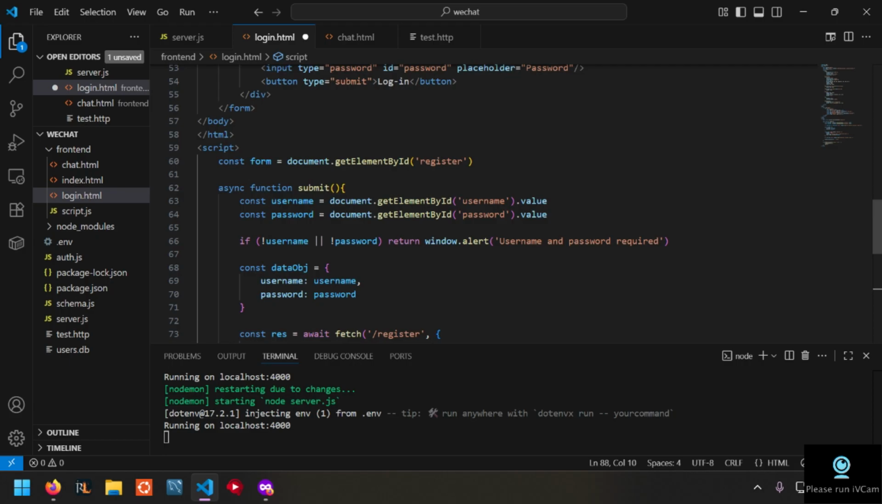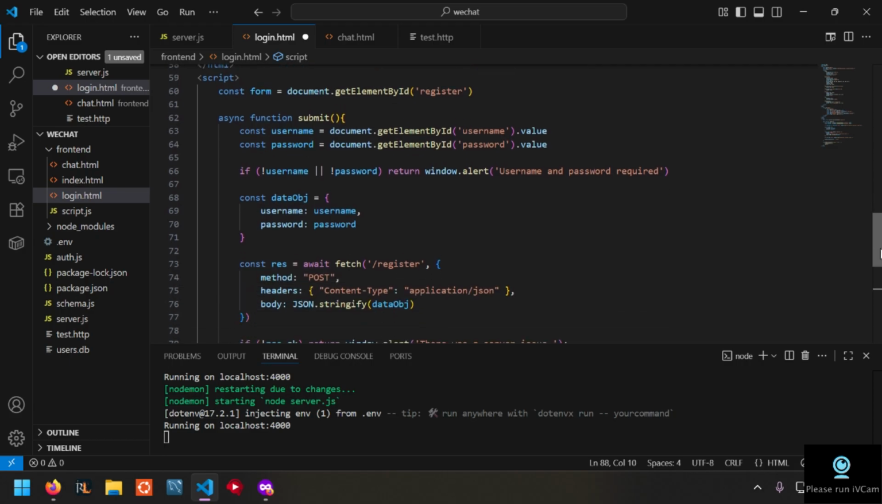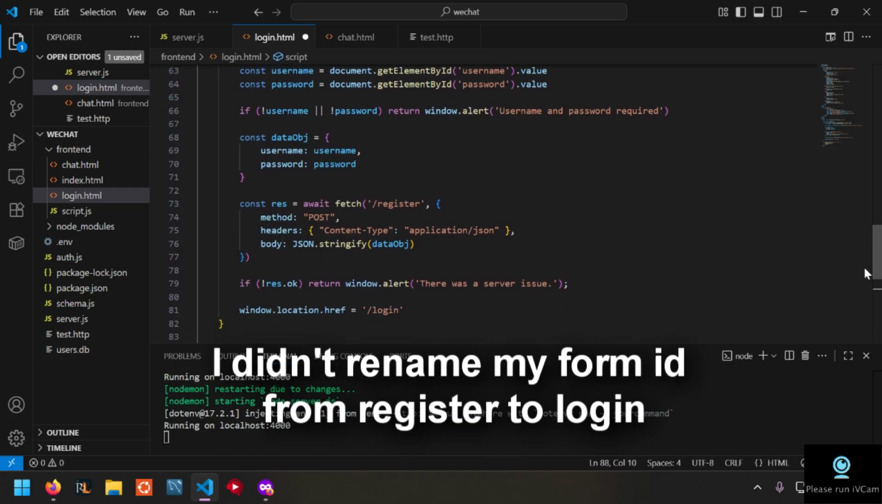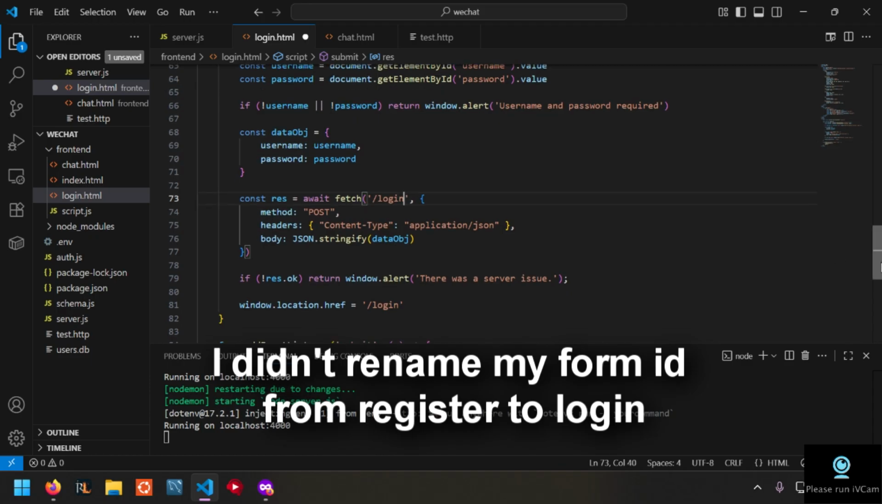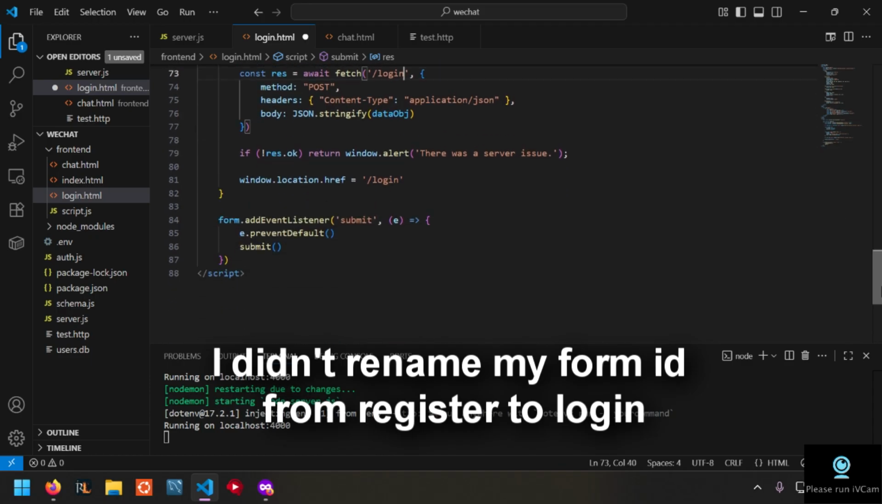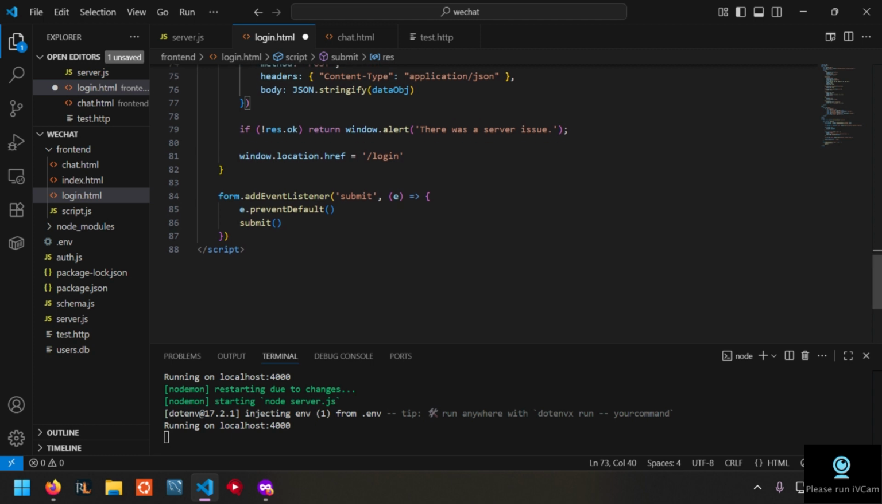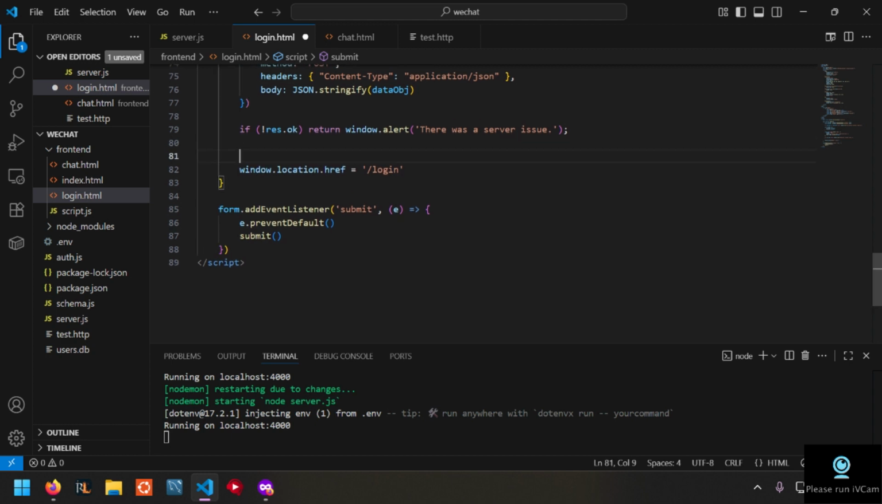Alright. In the form, we want to add an event listener. We want to submit a username and a password. Alright, we want to send a data object. We want to fetch the login endpoint. Send a username. Alright, now if everything is correct, then